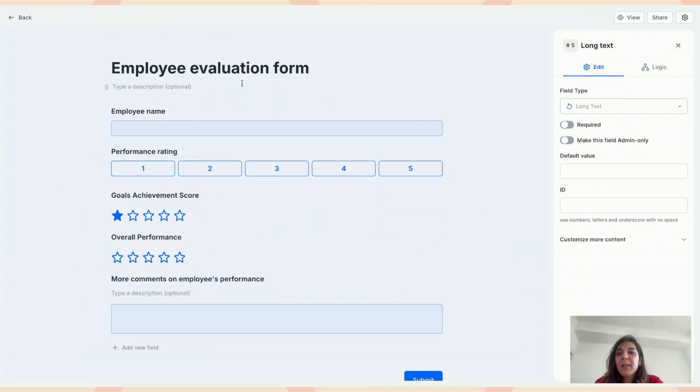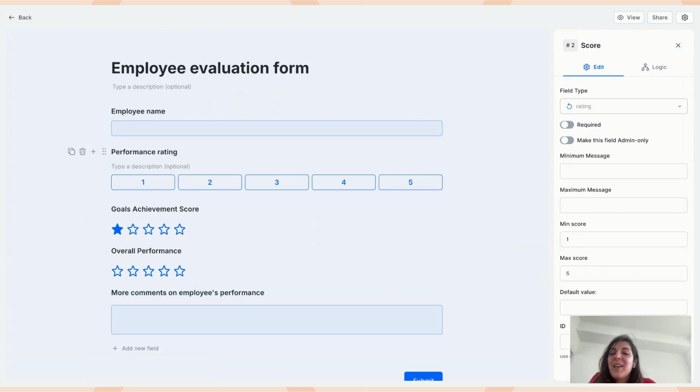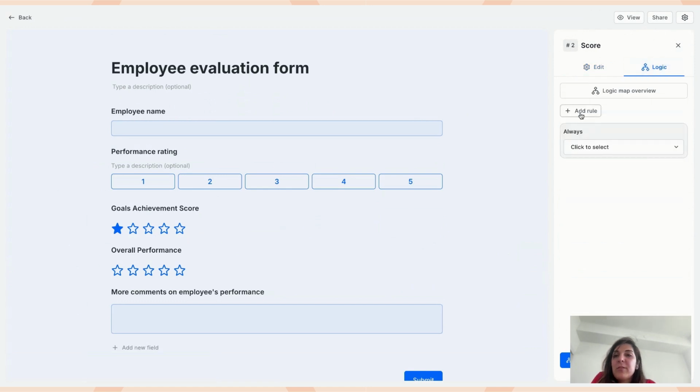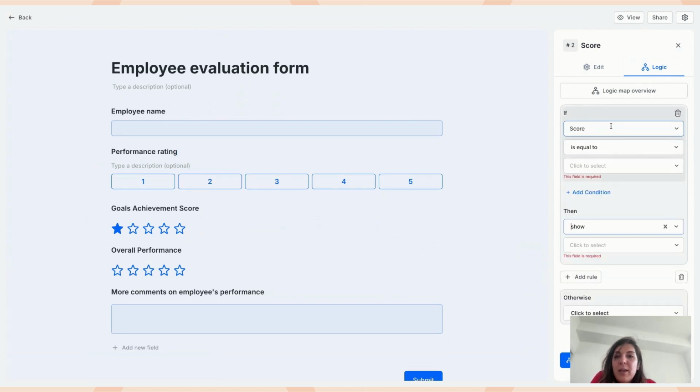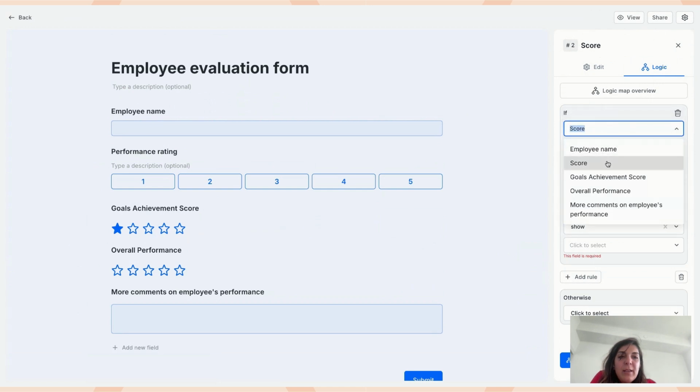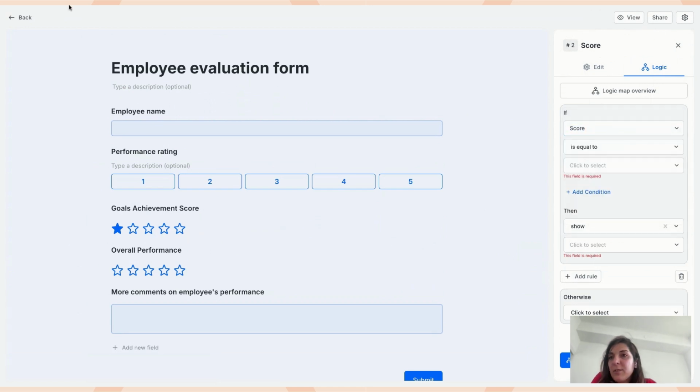So let's get to logic and see how you can evaluate automatically and automate the evaluation process so nobody has to read them one by one and do things manually. So in this case, you can add a rating, add a logic rule for performance rating, and let's say if, actually, let me